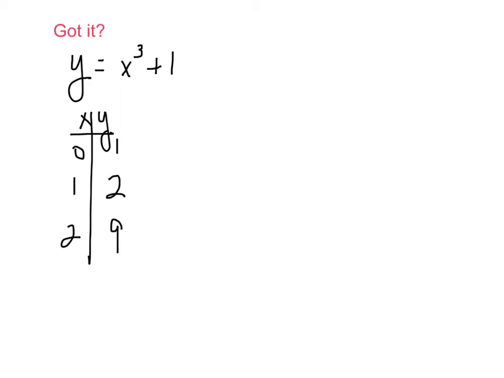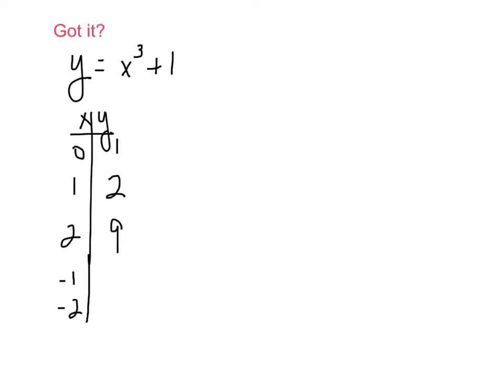Now, this is something that's going to be different. Whenever you have an exponent, x squared, x to the third, x to the fourth, I want you to plug in more than 3 values. And more importantly, let's plug in some negatives here. I'm going to plug in -1